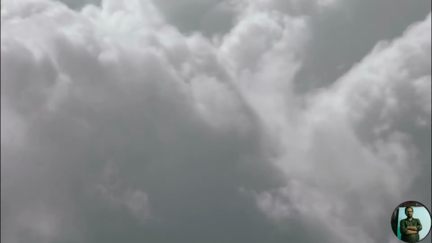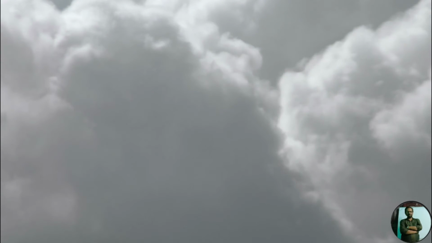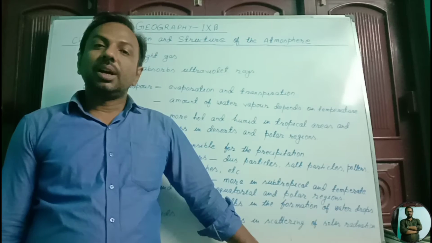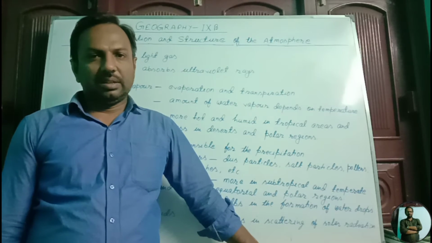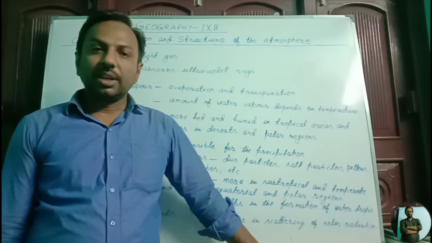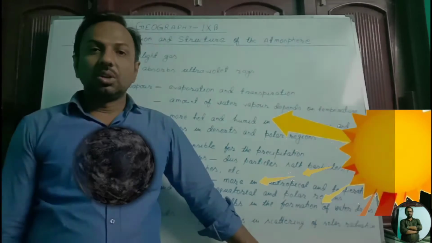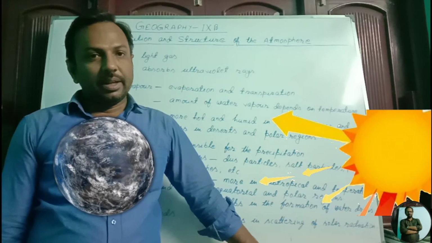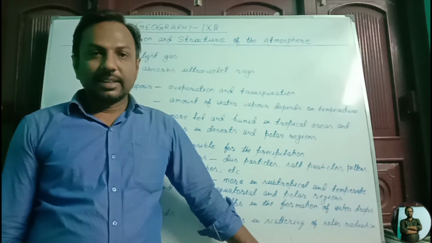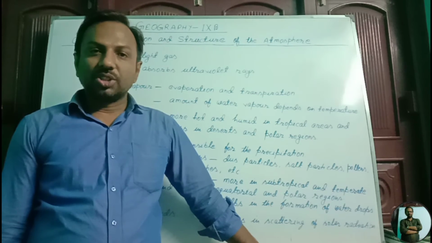Ozone gas is a light gas, so it is found in the upper layer of the atmosphere, and its main function is to check the ultraviolet rays of the sun from reaching the earth's surface. It prevents the ultraviolet rays of the sun